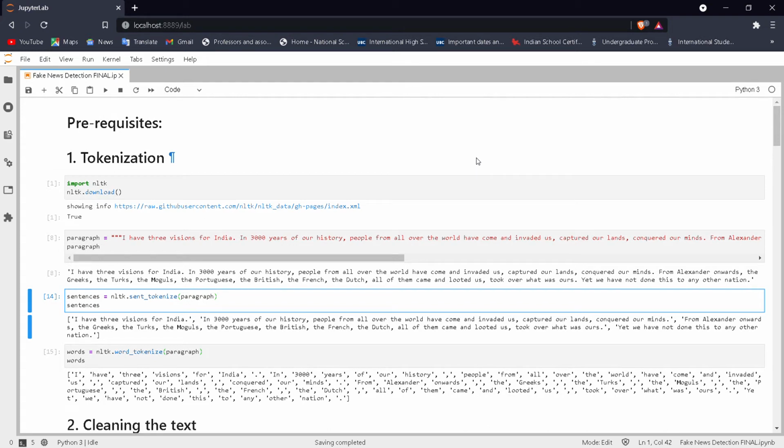Hello everyone. Today we are going to learn about building a machine learning algorithm to detect fake news. It's part of a mini project. For that, we first need to know a few of the prerequisites, some terms and methods to build the